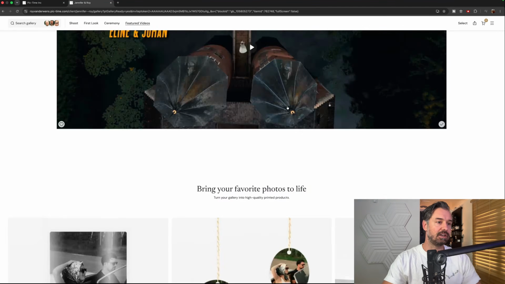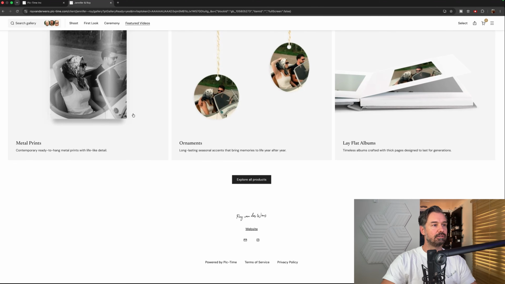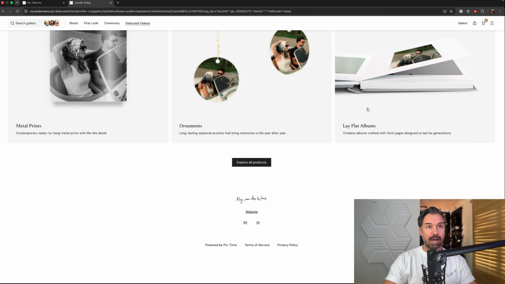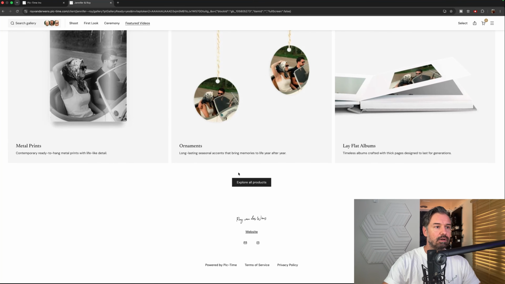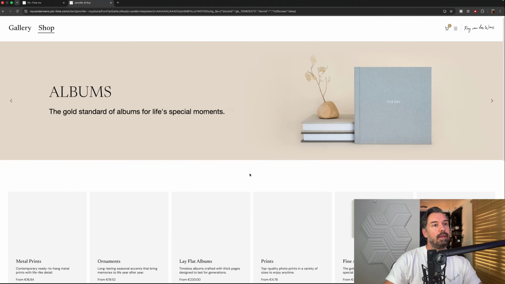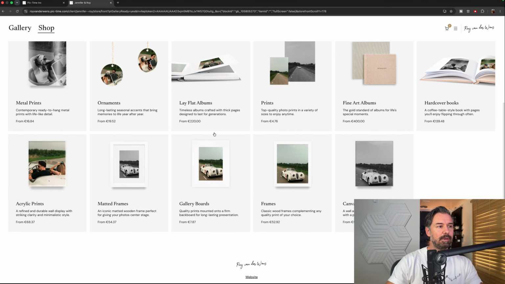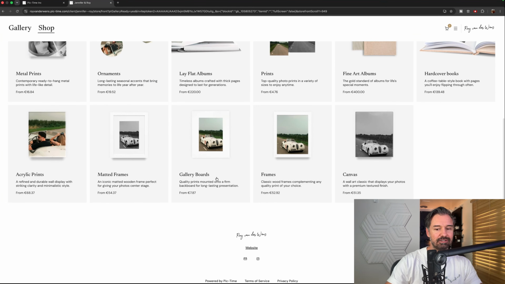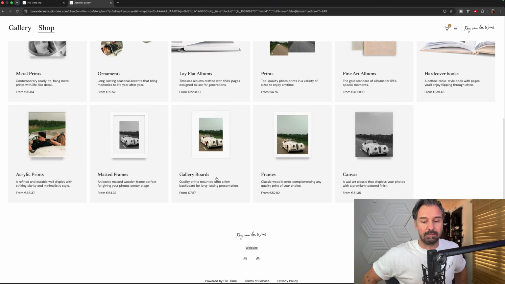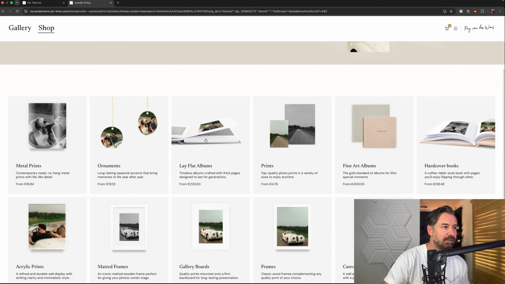Okay, so there's a shop in here, and you scroll down, you will see prints, ornaments. They can order an album. Right now, I do my albums separately for the most part, because I work with a company that gives me a discount, and they are awesome. They're in Poland actually, and their quality is really cool. But it's very interesting that people can just buy a print, because family will see this gallery, since you're going to share it with them, and the mother or someone is like, oh, I want to buy an ornament.